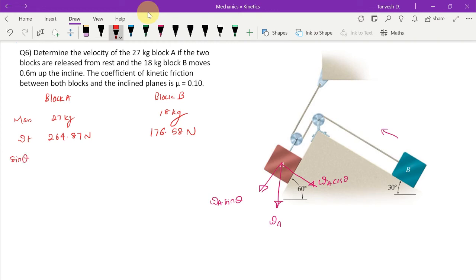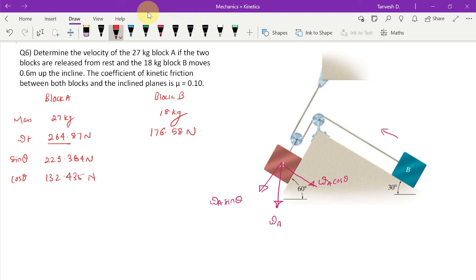So WA into sin 60 is going to give me 229.384 newtons. I am just writing it in the beginning only so that later on we don't have to keep on calculating. WA into cos 60 is